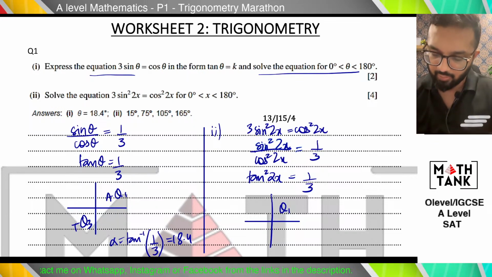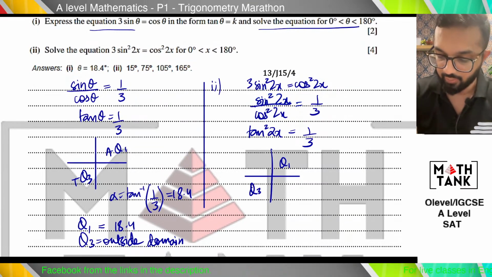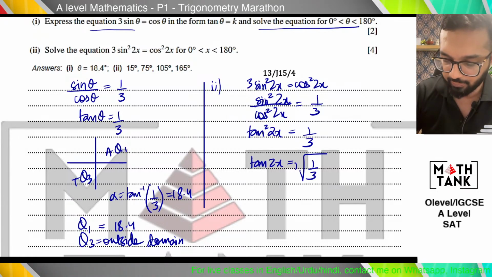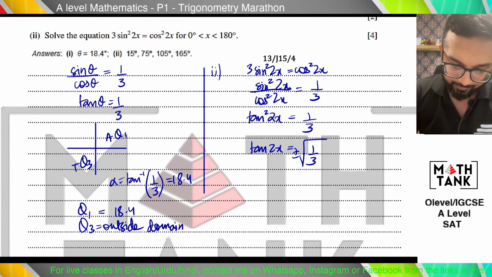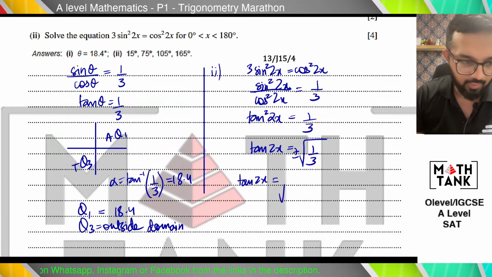Okay, quadrant 1 and quadrant 3 again. Sorry, wait. I think I have missed out the fact that this is a root, so it's going to give me both plus and minus. So tan 2x equals